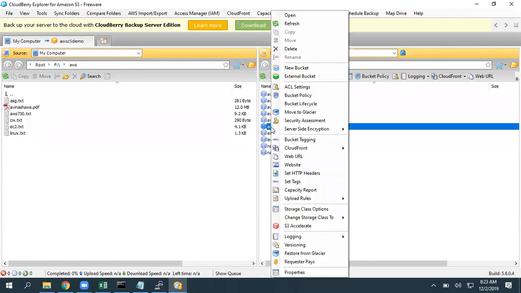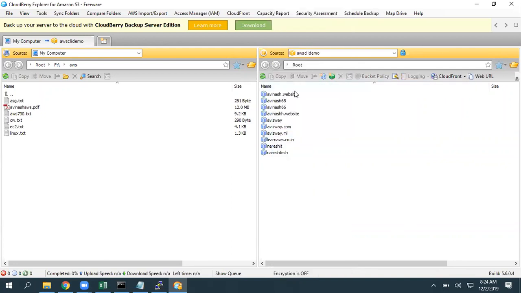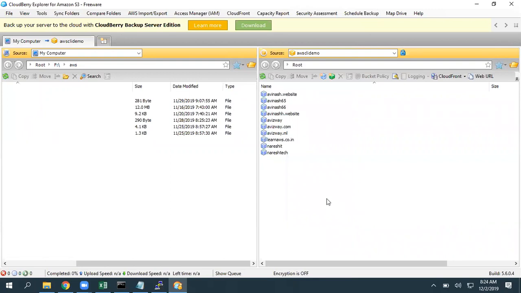Okay, and when you right click, it gives a lot of advanced options. If you want to change bucket policies, move all data to Glacier, initialize restoration, or restore from Glacier, request replace, all these slightly advanced options related to S3 you can also find here. So by using third-party tools, we are accessing all this, and we used the access key ID and secret access key here.